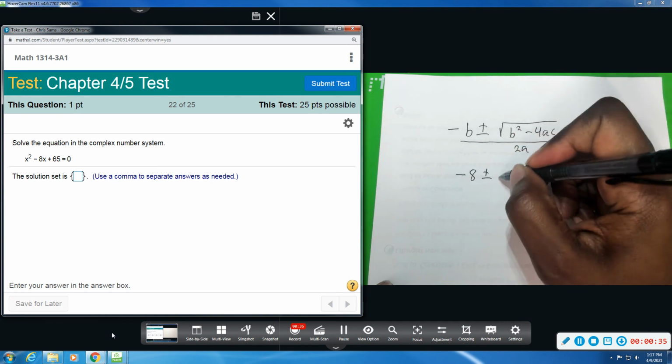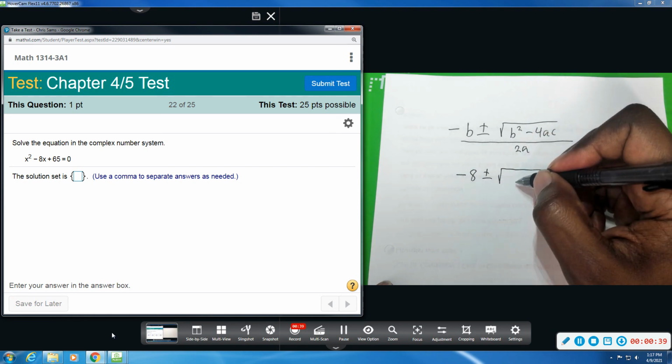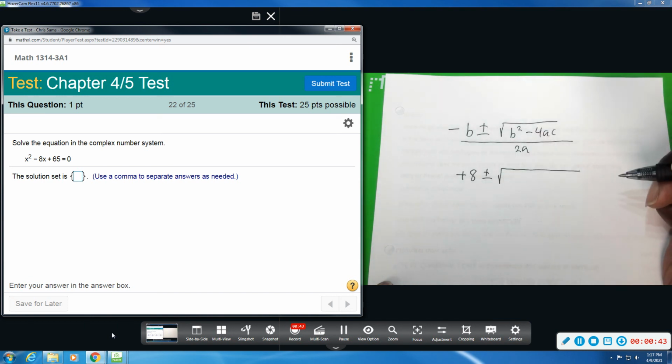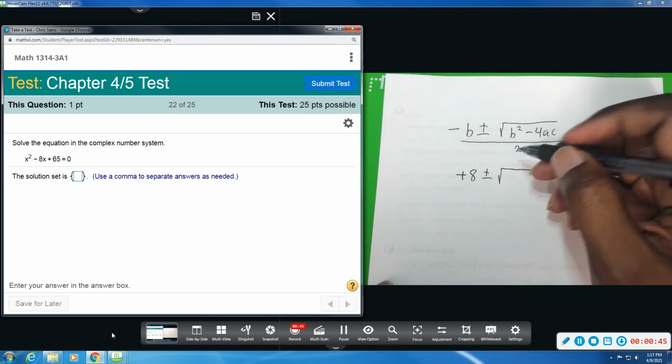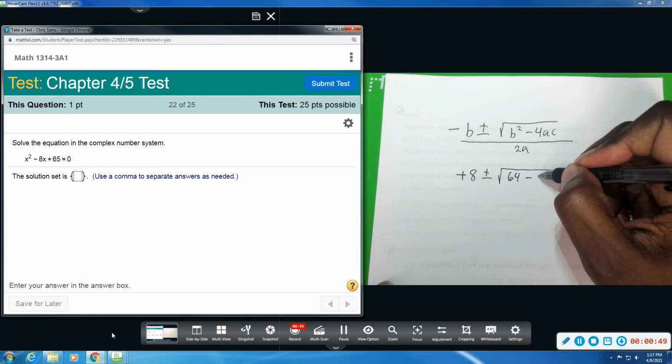plus or minus the square root of b squared. So 8 squared would give us 64. And what did I do? Okay, I said positive 8 and I wrote negative anyway. Negative into a negative makes positive. 8 squared will give us 64 minus